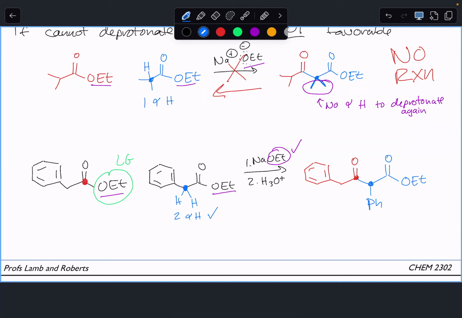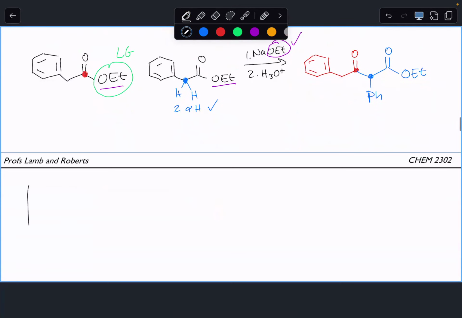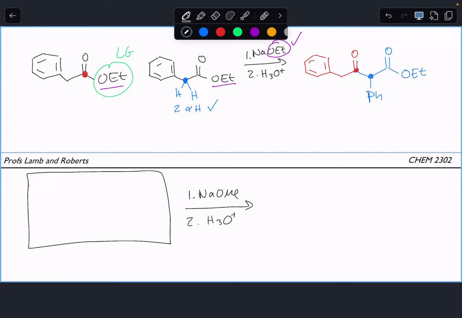Okay, so let's just do an example going backwards, because I do think that backwards is harder. So if you need to go to the starting material, and you are given this product like so. Okay, so when going backwards, the first thing you need to determine is which bond